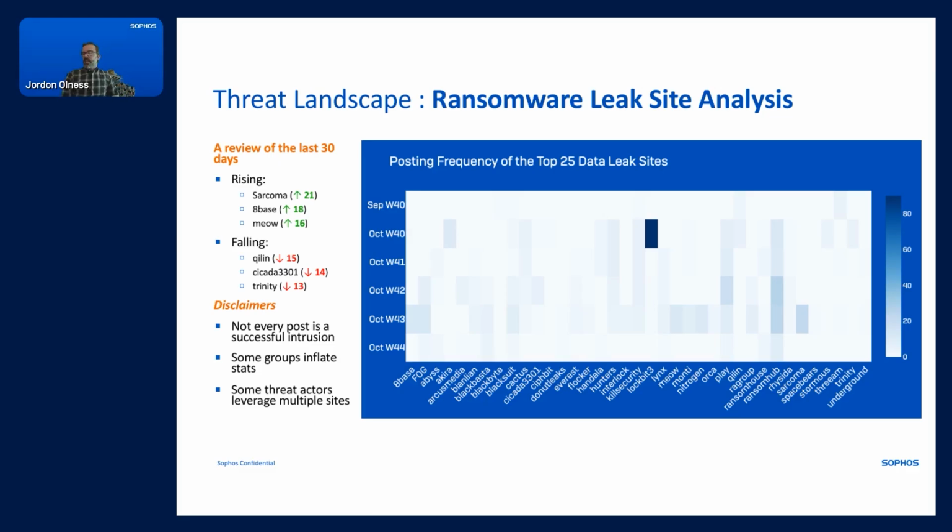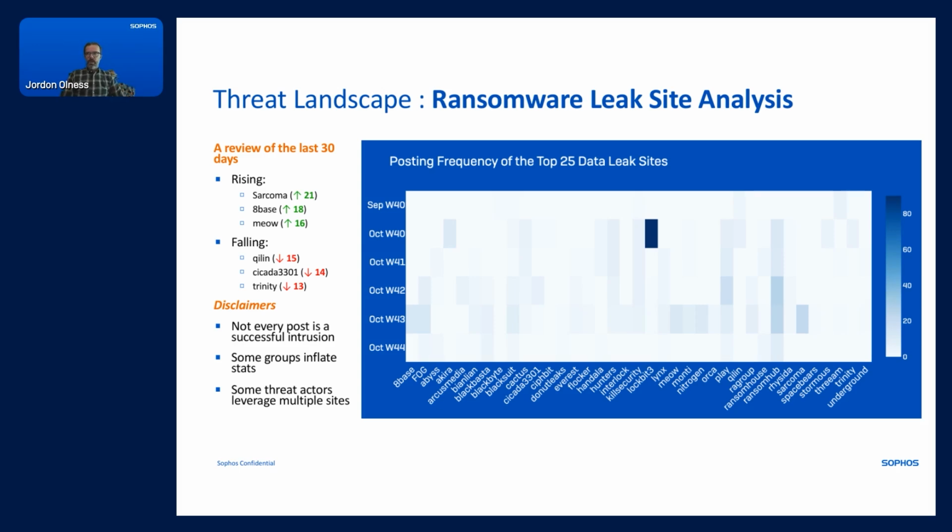Falling, Hunters, I think is the pronunciation, had very few compromises and posts on their leak site this month. Cicada 3301, which had been on quite a tear recently, suddenly almost had no compromises this month and no posts. Trinity is another one that seemed to get really hot for a while and seems to have dropped off quite quickly. So moving on to kind of the heat map we've got here,